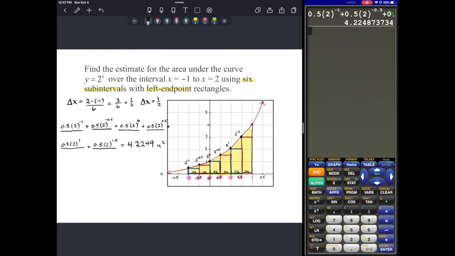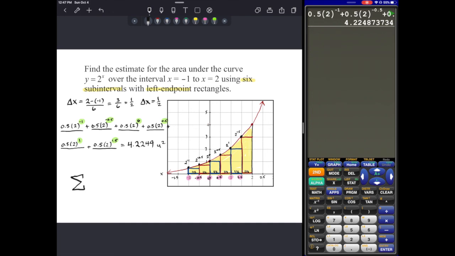I want you to look at the series that you have written there, and I really want you to focus on what part of the series is changing each time. Notice just the exponent is changing, and it's changing by that same amount each time. The common difference, it's adding a half each time. So if I wanted to write this in sigma notation, and this is going to help you in your homework if you're following along,